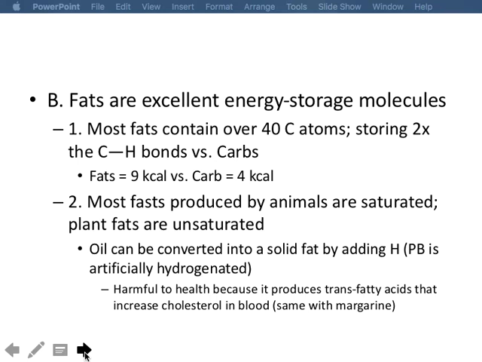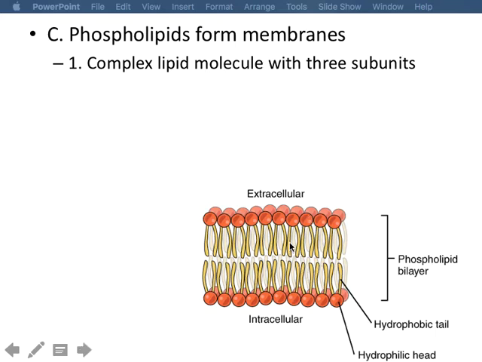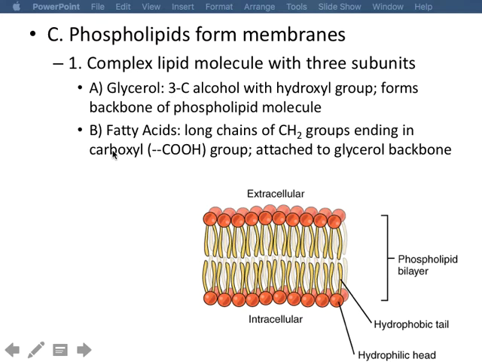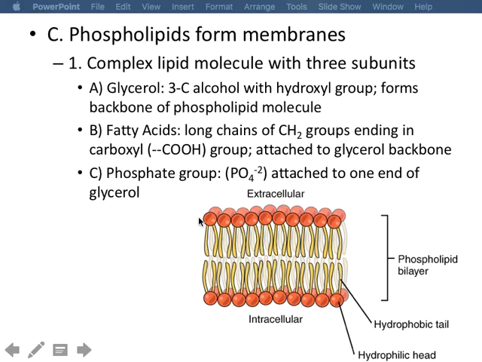Okay. Last thing I want to talk about is how lipids play a very important role in cell membranes. One type of lipid, phospholipids, form the cell membrane of cells. It is kind of a complex lipid molecule. It has 3 subunits. A glycerol group, just like it does in the triglyceride, with a hydroxyl group forms basically the backbone of it. Then we have 2 fatty acid chains attached to the glycerol backbone, and then a phosphate group on the outside